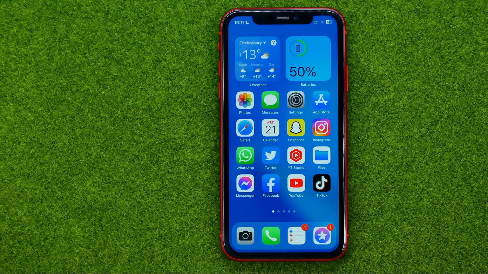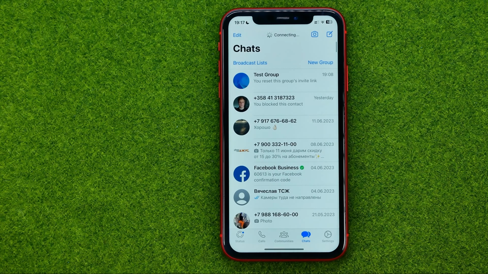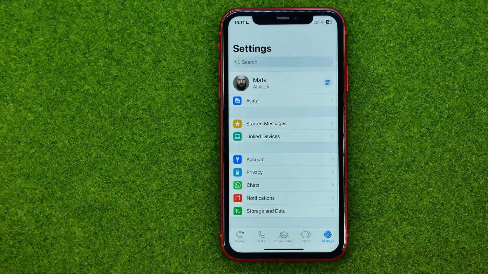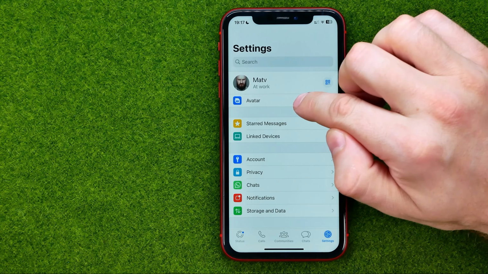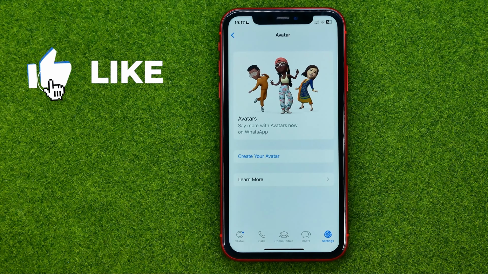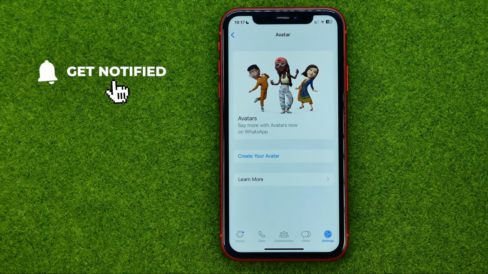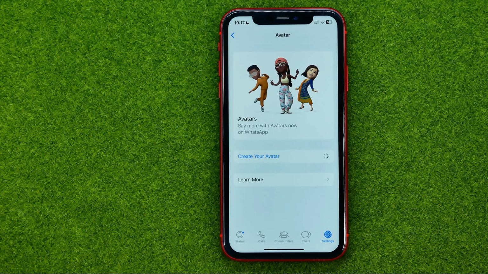Thanks guys. So let's get started, and first off, open up WhatsApp app, then tap at settings, and that's where you can easily find this avatar feature. If we tap on it, we'll be able to create our own avatar. To do that, just tap at create your avatar,